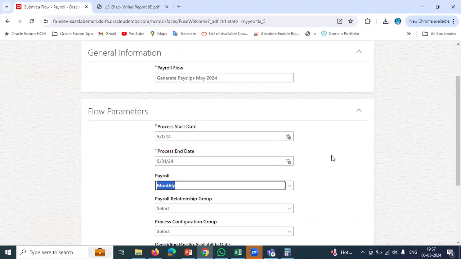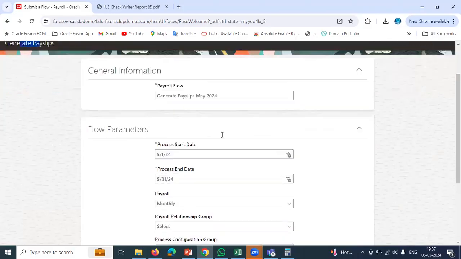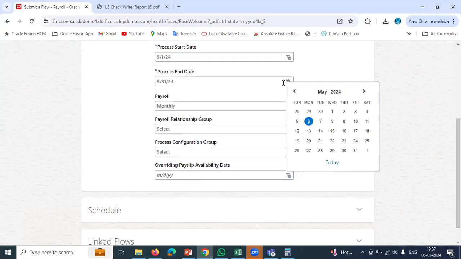But HRs will run these processes on the 30th or 31st. On the same day, the employee should not be able to see the payslip from their self-service. Two days after the payroll run only it should be visible, as we configured. But team, whenever HR runs the process for the month, overriding payslip availability,